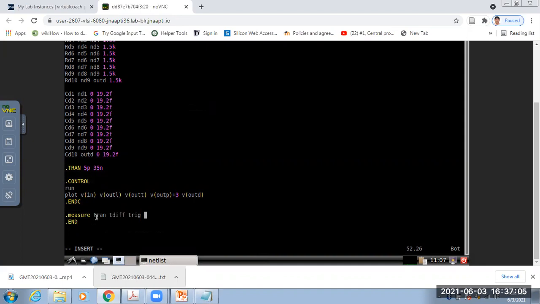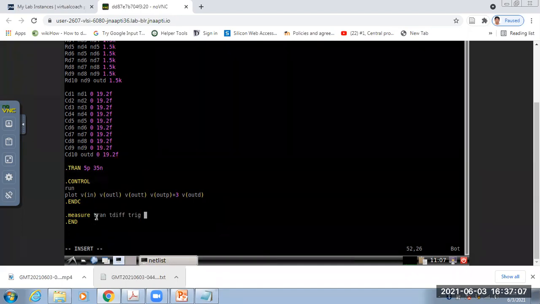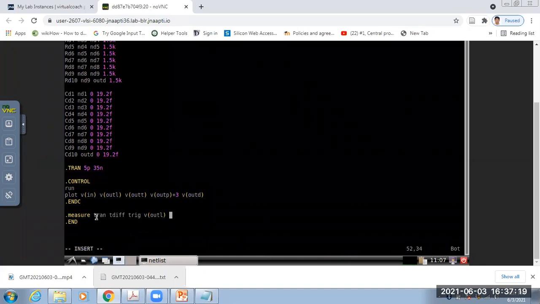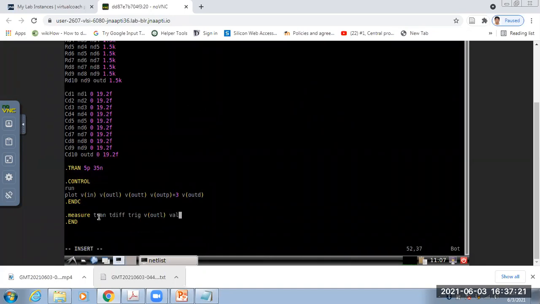V out. So V of out, that is lumped. Then val equal to half of that, 1.25.